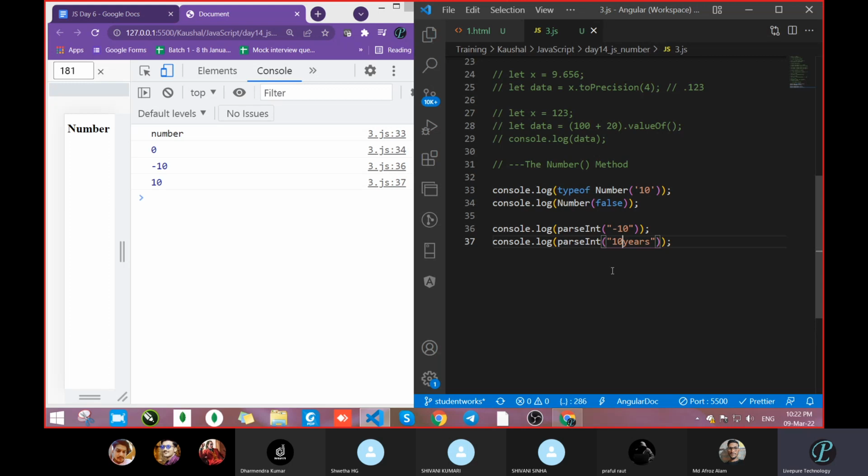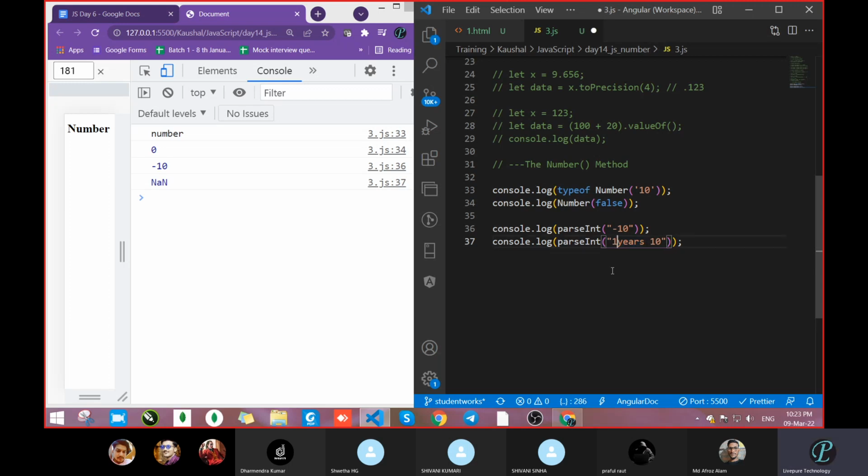What will the output be now? Now also it gave you 10. Do one thing: put the number in the last, remove the starting one, and save. What happened? It gave you NaN, not a number, because now it is trying to convert year into a number. Correct or not?